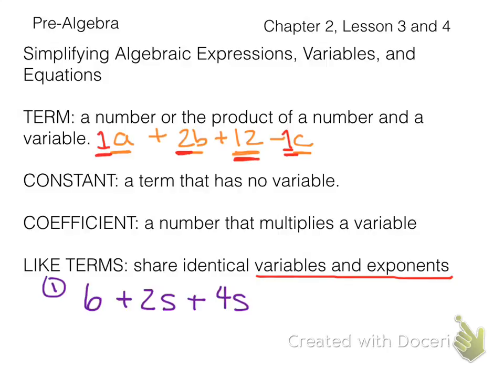So we have 6 plus 2s plus 4s. So the 6 is a constant. The 2 and the 4 are both coefficients. And the 2s